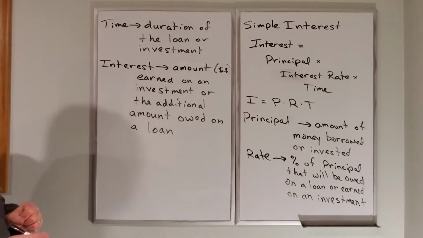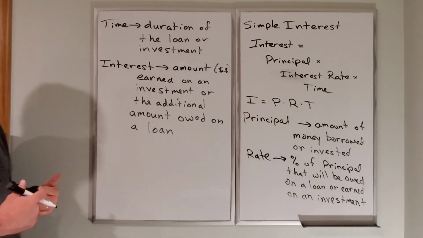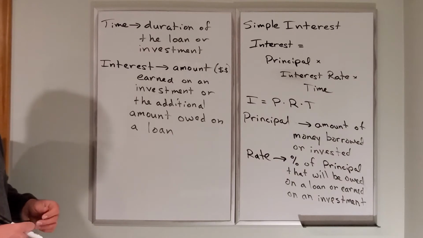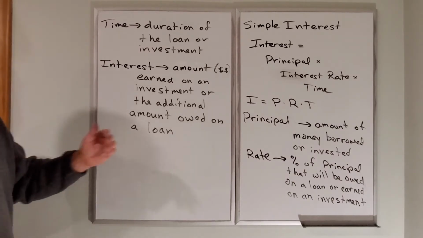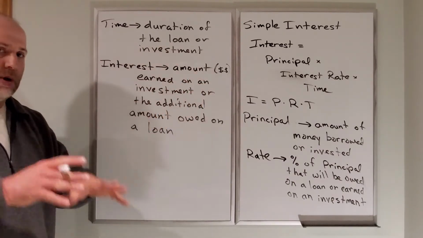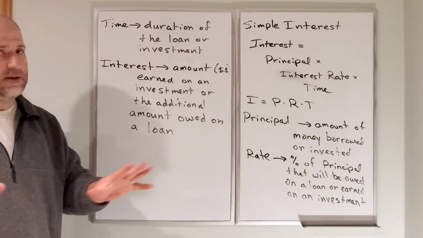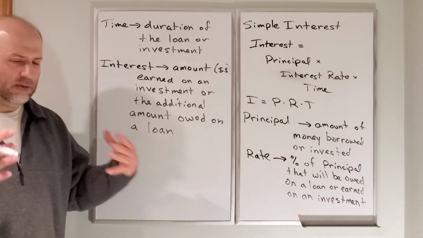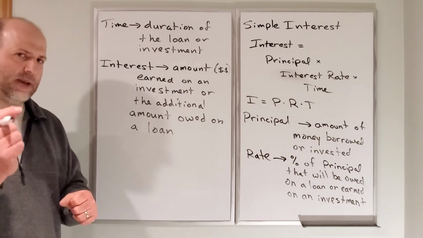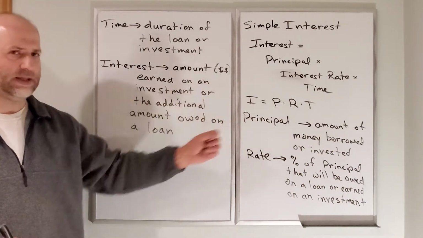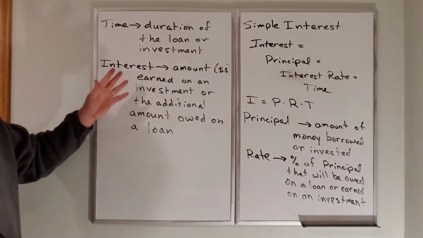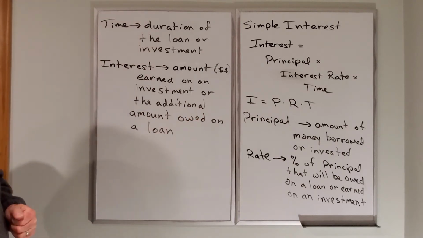That's what interest is. It's analogous to the amount in the amount equals percent times base formula. What it refers to is the actual monetary amount you earn on the investment. It doesn't tell you the final amount you have from the investment, just the amount you earn on what you invested. Or in the case of borrowing money,